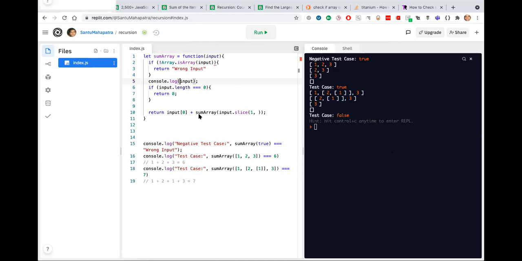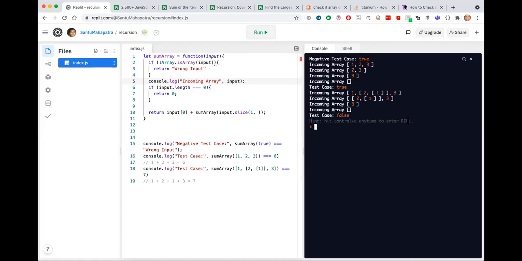So now, what do I do to make the last test case pass? The first test case is passing. There is no internal nested array. But in the second thing, there is an internal nested array. So what should be the logic for that?